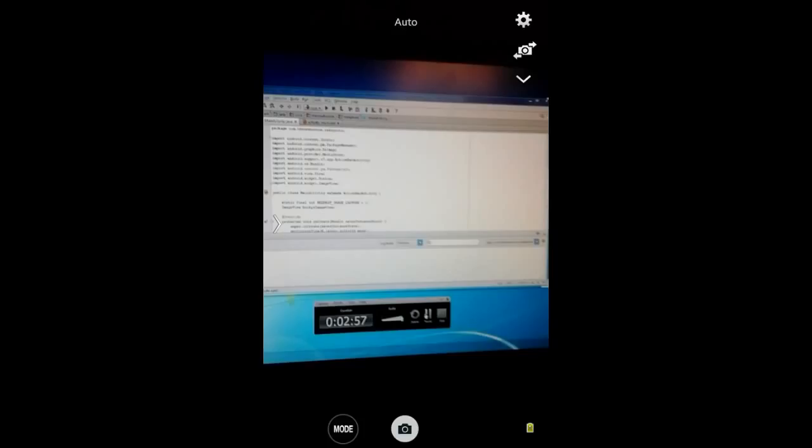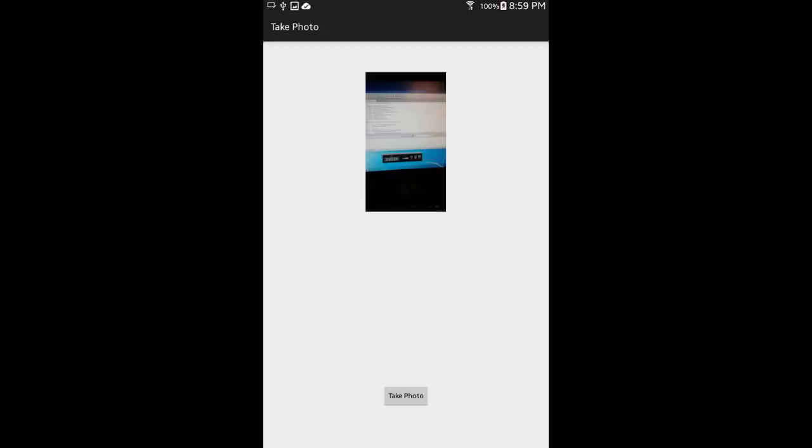Now I'm going to tap the take photo button, and after I tap it, this pops up. So you guys are going to see a picture of my computer. Let me take another screenshot. Alright, so that's what I'm looking at right now. And now let me actually take the photo. Alright, so I just took a photo of my computer, and now I'm going to hit save. And after I do that, this is the final